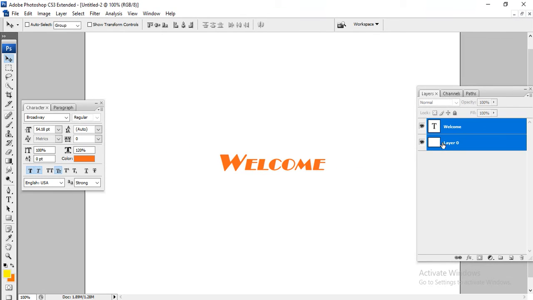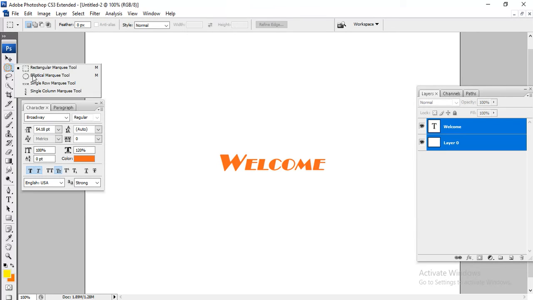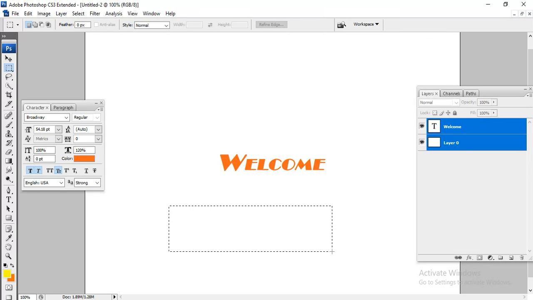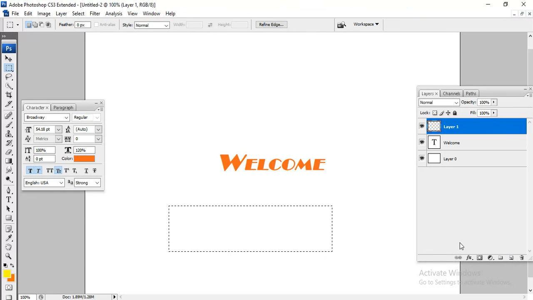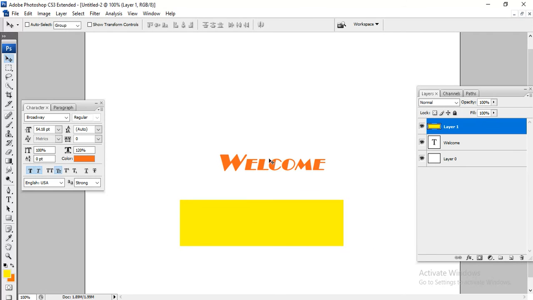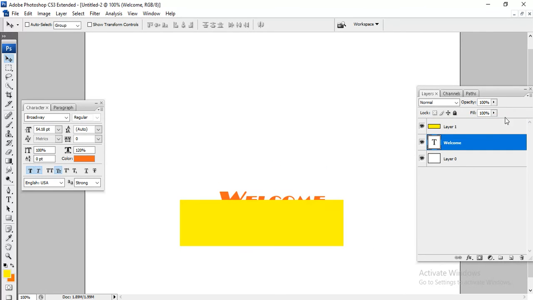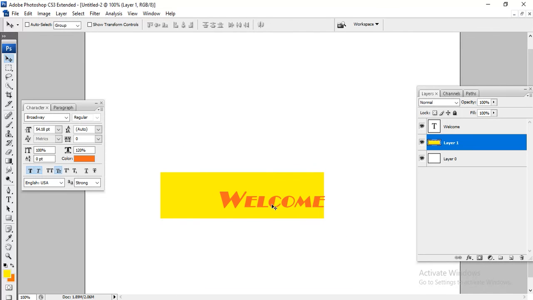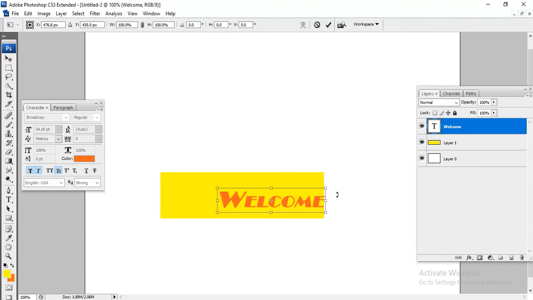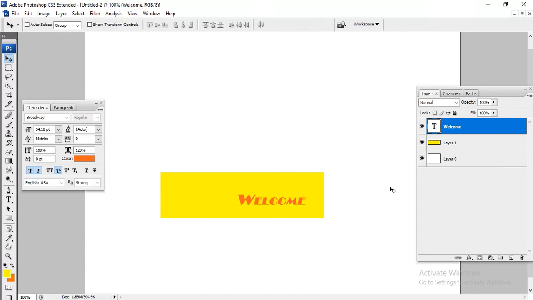Then I'll show another example also. Now we did this based on the entire background. In some cases you are designing certain things. I'll show a simple example. I'm creating a rectangle and a new layer. Done. So this is one layer. Now you want to place this text as a center in the rectangle. How are you going to do it? I'll scroll down and reduce this one. Very simple, no need to do any manual drag and drop.